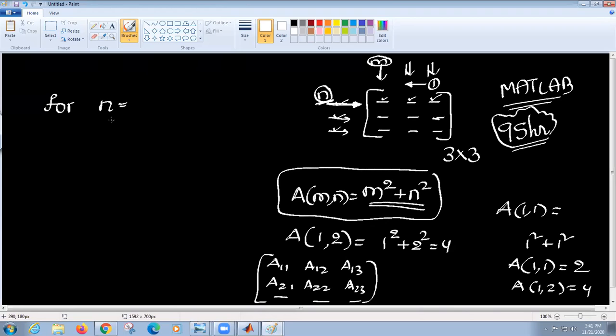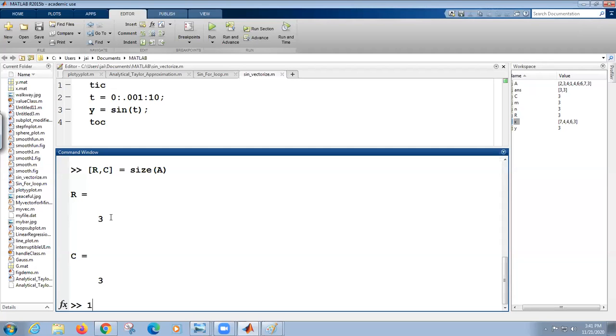For n is equal to, say, 1 colon 4. Now what do I get? I get 1 2 3 4.